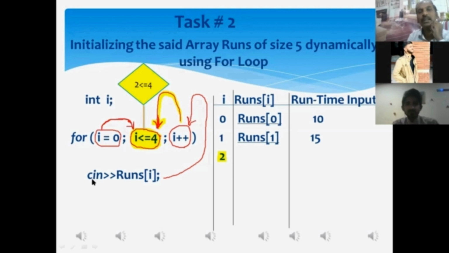Now do tell me whether this condition is true or false. Sir, true. Why is this condition true? Your answer is correct. Sir, because 2 is less than 4. We have seen over here, the condition is true. Another question to you. Over here, the condition is true. The control of execution will be shifted to which statement? Sir, for loop associated statement. That is the scanf statement.